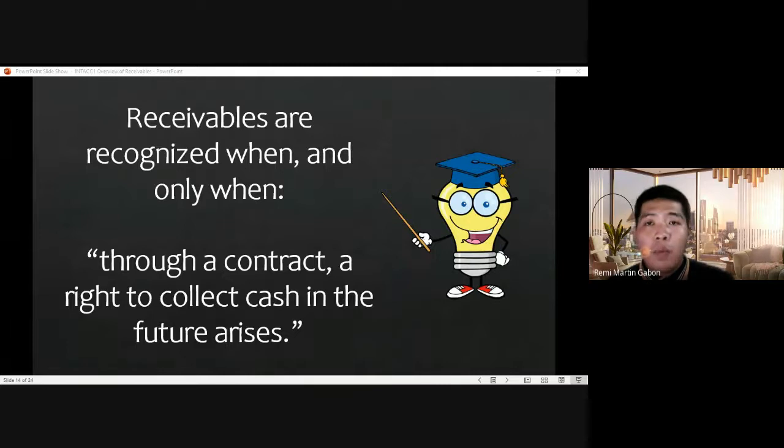It must not be one-sided. It must be a two-sided contract. So that's a contract. Someone will have a liability and someone will have the receivable. When and only when, through a contract, a right to collect cash in the future arises. Example,